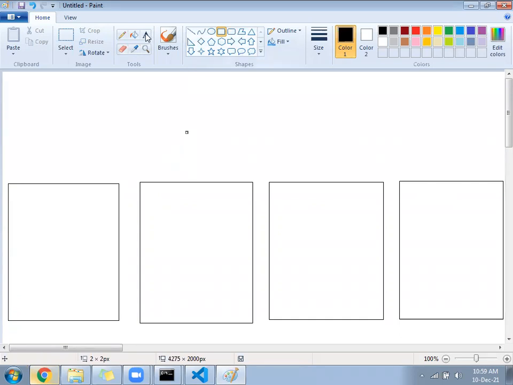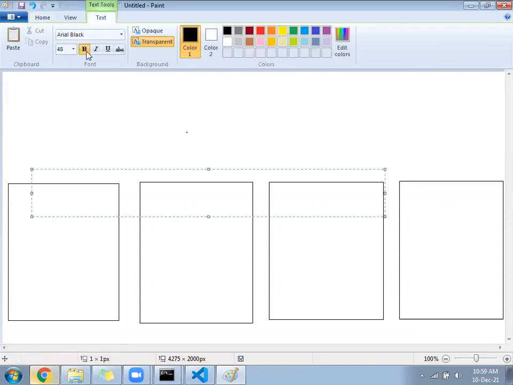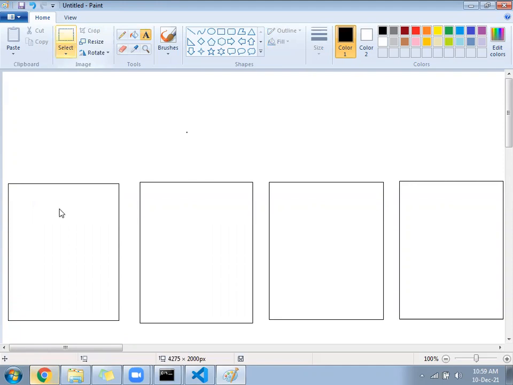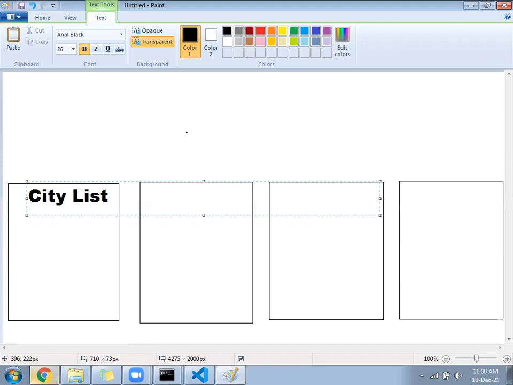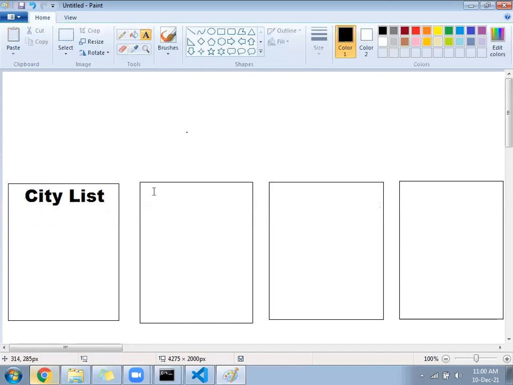After that, inside the first block, there will be a city list. Inside the first block, 5 to 10 city names.